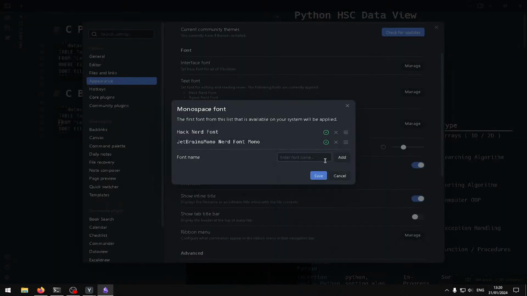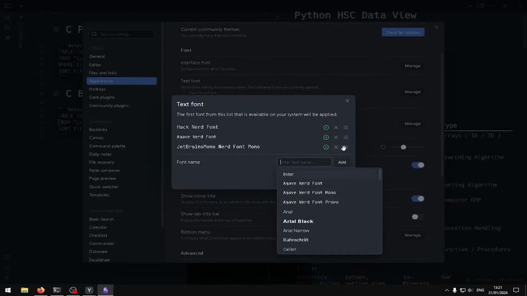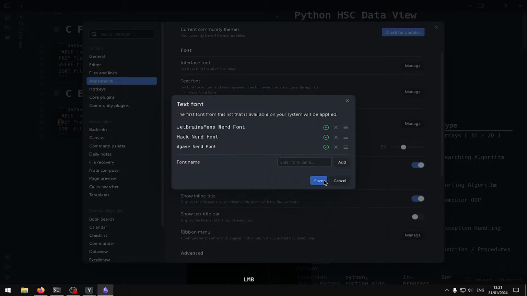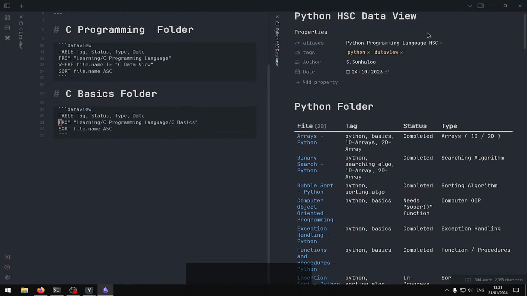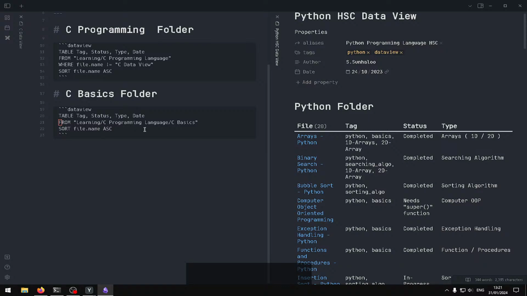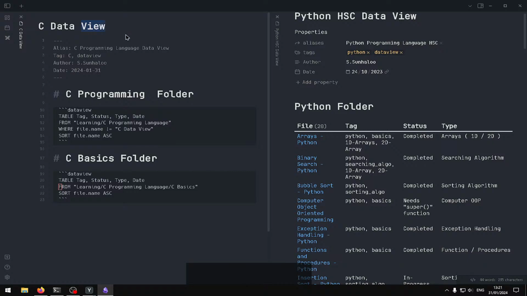bruv. For the moment I'm liking my JetBrains Mono font. I don't need the Mono, so I'm just gonna remove this Mono. JetBrains font, and then I'm just gonna place it here. I like this font basically. So did it actually change? I don't know if it's actually changed. I think it changed. The thing is, I'm on a